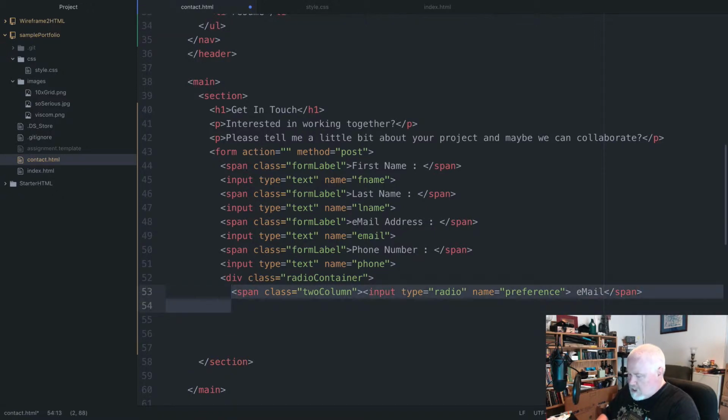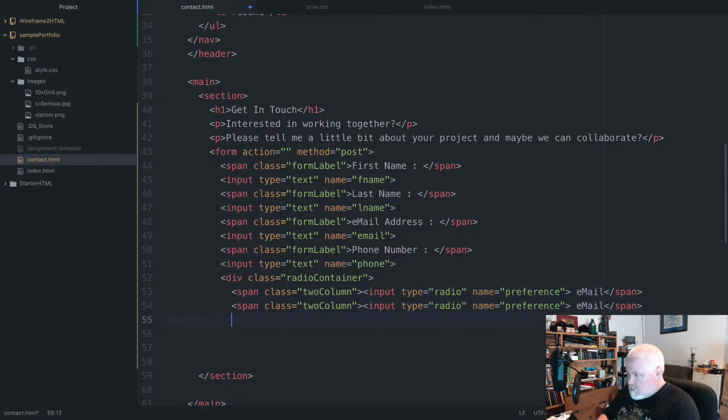and copy this, paste it, close the div. So that's done. And preference, and this one is going to be phone. So basically now they can tell me what method they want to be contacted. And then the last thing in this is the